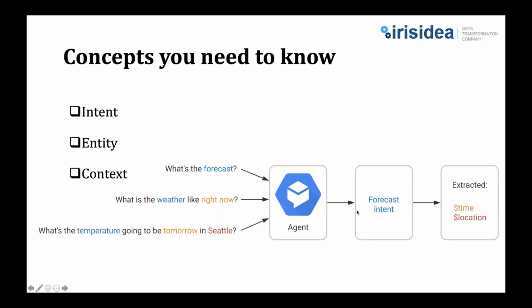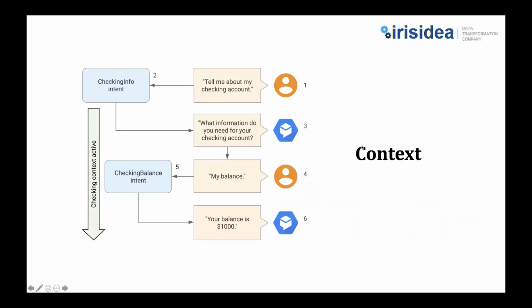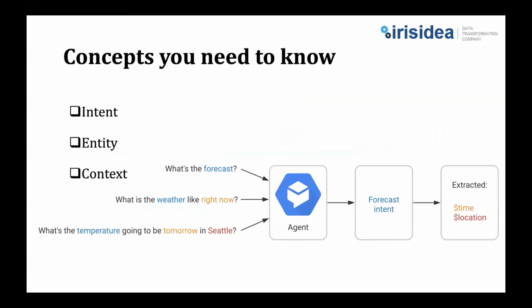Now context obviously cannot be explained here, so I'll skip to the next step. What is context? Right now you saw me skip talking about entities and intents, and I was explaining in terms of the current knowledge sharing session with the example mentioned here. Now, for example, while I'm giving an example, suddenly I say, Savita, what is the weather like today? Out of the blue, I ask Savita a question.